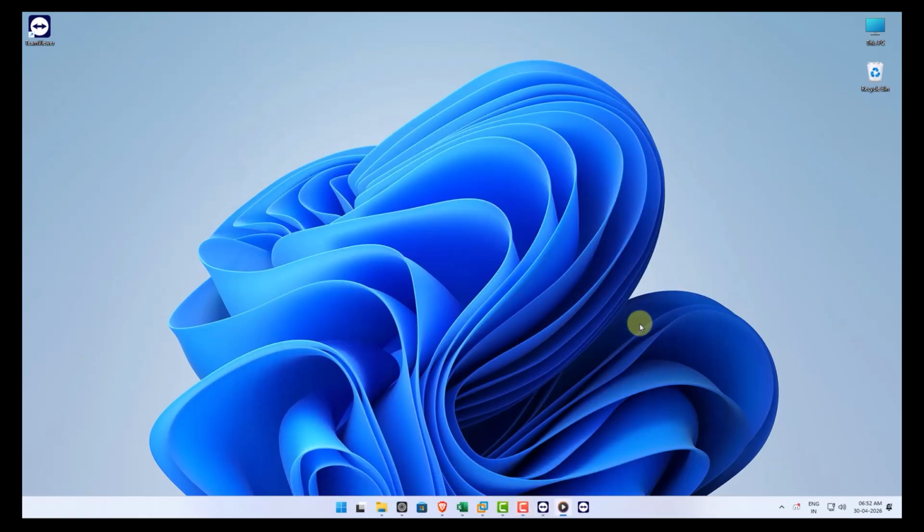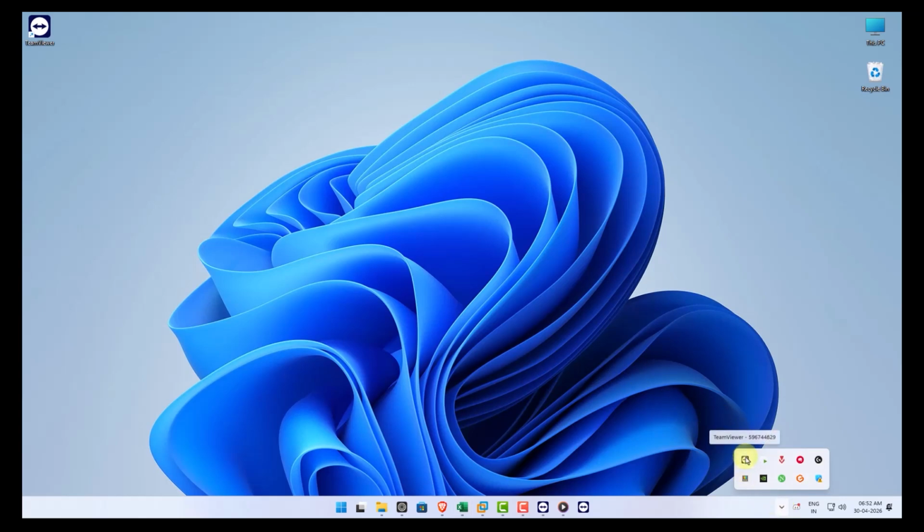If you want to declutter your taskbar or hide the TeamViewer icon from your desktop, I will show you exactly how to adjust your settings and Windows preferences right now. Let's get started. First, we will move the icon into the hidden Overflow menu so it is not visible on